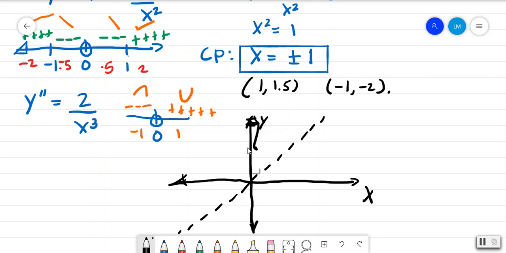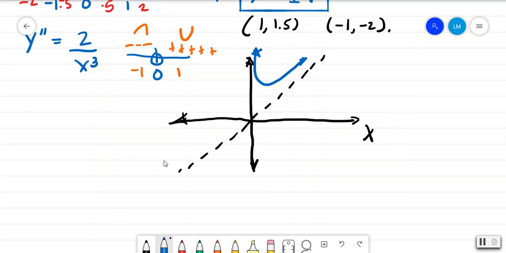Okay, so let's do this. Okay, so let's draw our graph, saying that we have something like this. And then we have our other part of the graph, which will be somewhere down over here. So we have that this is going to be like that. Okay, now